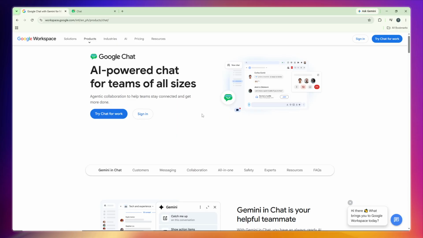First, open your web browser and navigate to chat.google.com. Once the page loads, go ahead and log in using your Google account credentials. This will give you access to all your conversations and ensure the page is ready to be pinned with your